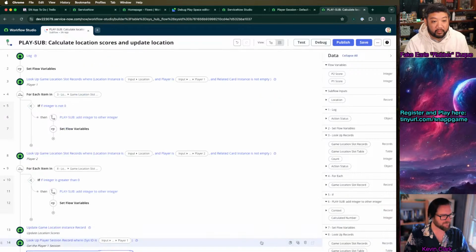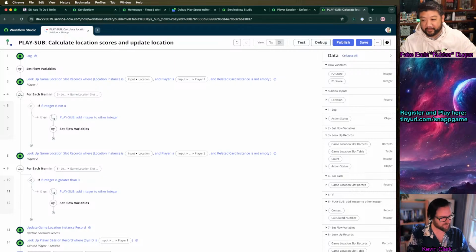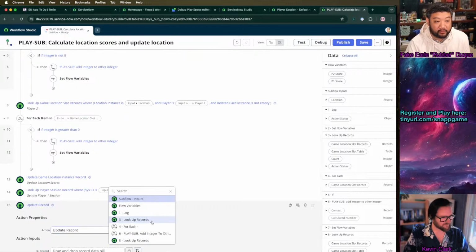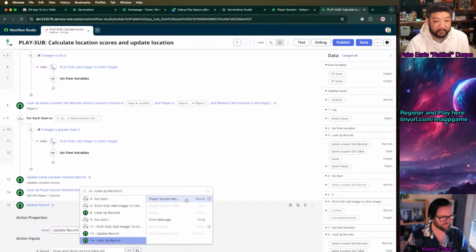Theoretically quite easy, right? And then we go, I guess we embed in here, we go action update, because we have the integers, update record, and we want to go grab the lookup 14, player1 session,